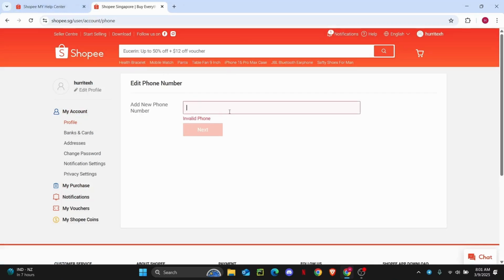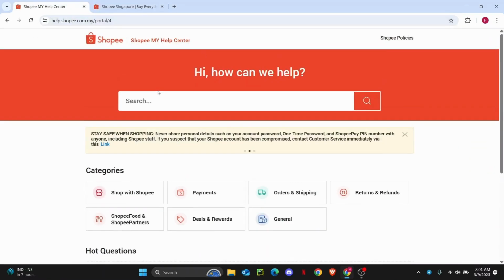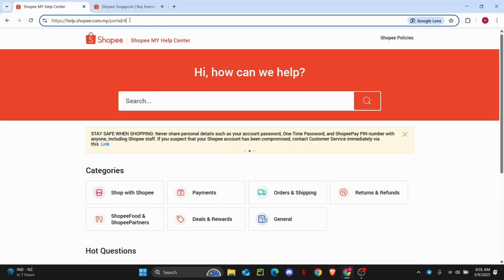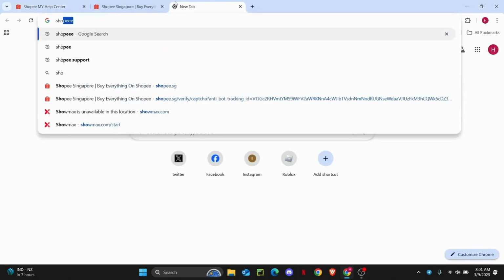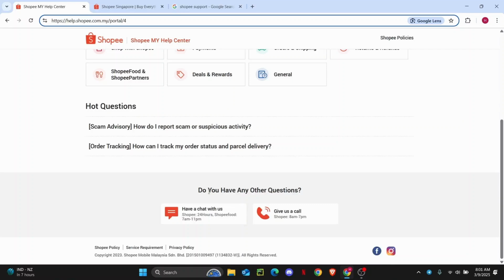So after doing this, you just have to go back and try to log into your banned device and see if that works. But if it's not working, then you'll have to contact Shopee's help center. So click on this link, or you could just search for Shopee help like so, or Shopee support, and hit enter. Click on the first link that you see, and then from here, if you have any other question, you